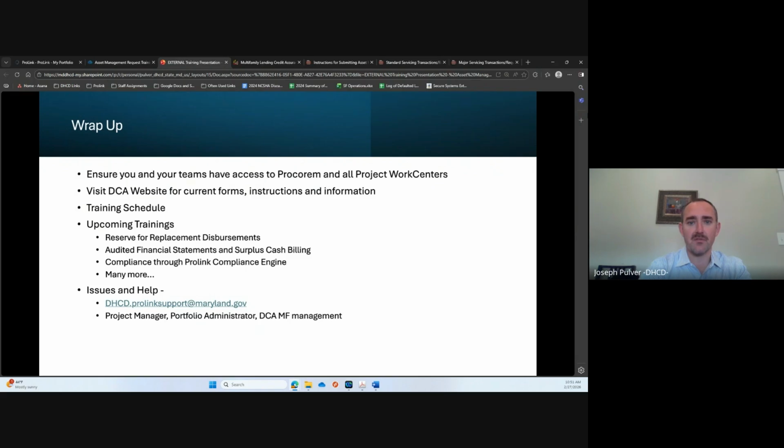We've got reserve for replacement disbursements, and how to submit those and fill out the forms, particularly the ProLink or the Procorum Smart Doc for that. We have audited financial statements and surplus cash, the paperwork that needs to get submitted with those in order to do the surplus cash calculations and our reviews.